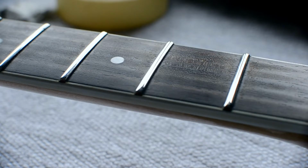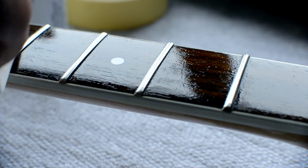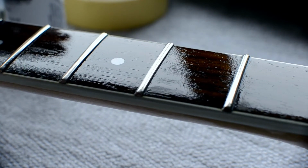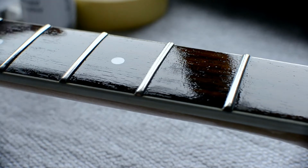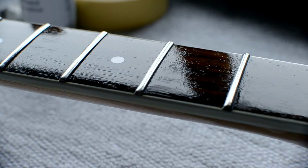Once again, love the little aluminum bottle. A little bit of that onto your cloth, or your cloth tool, and wipe it on. Holy crap. Seriously, look at that. That is pretty amazing. Now with this as well, you want to take a dry cloth and just...